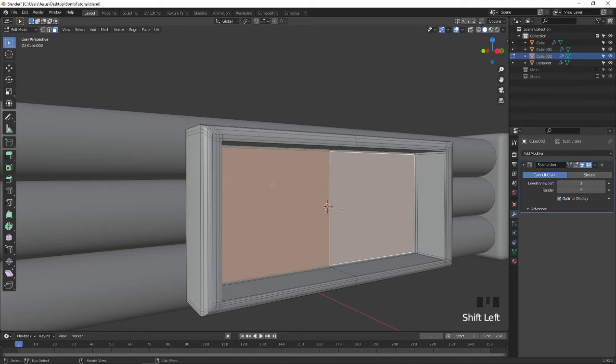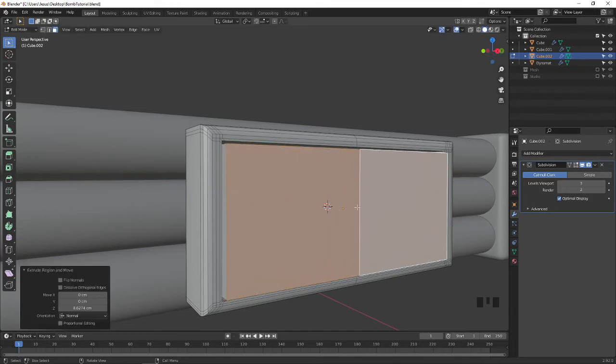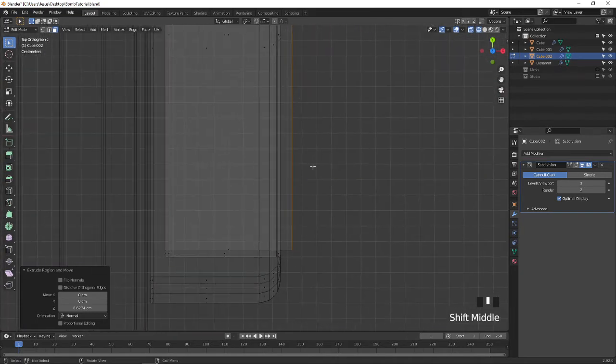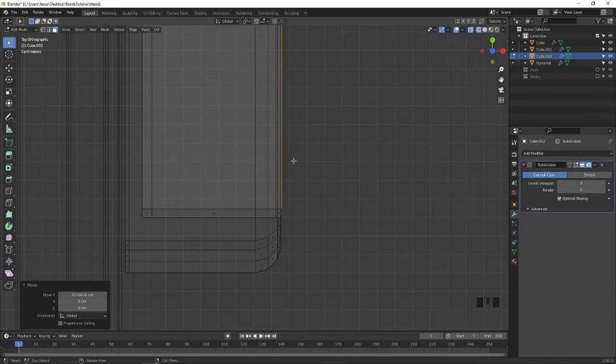Go to edit mode. In face selection, select these faces. Press 3 on the keyboard for face selection. E to extrude. Press 7 on the keyboard. Press Shift Z and you can move closer like this to make it an element, and X to move it slightly outside.